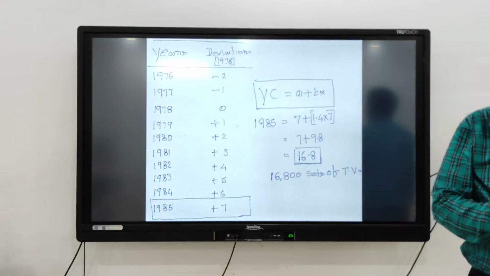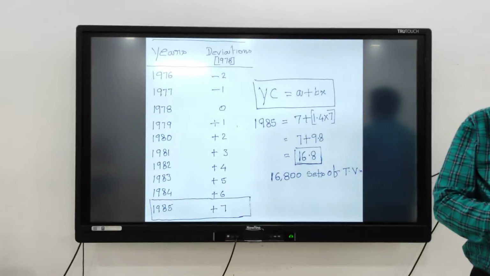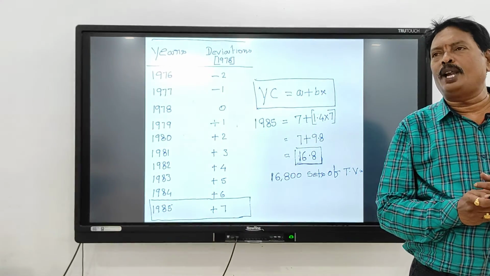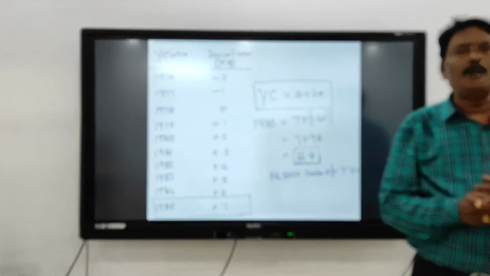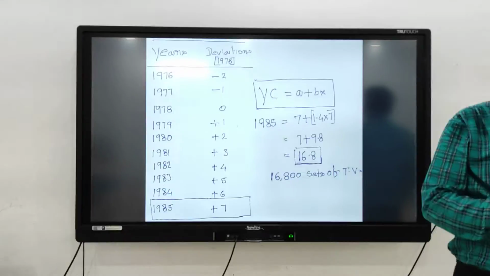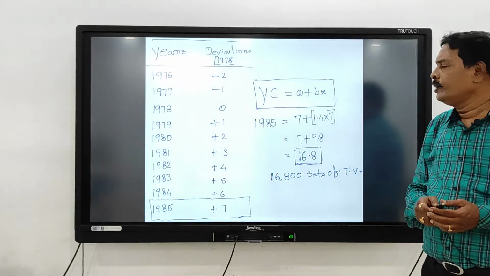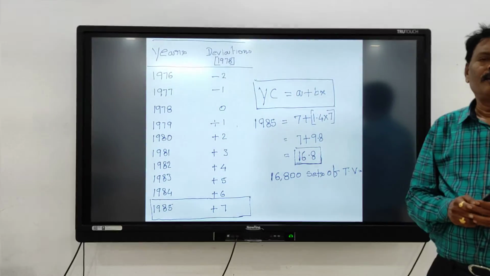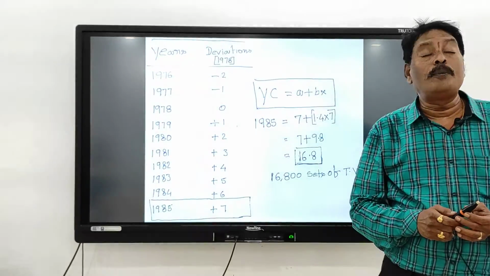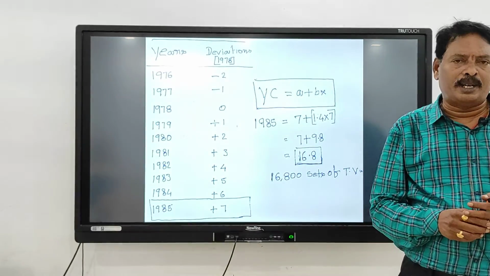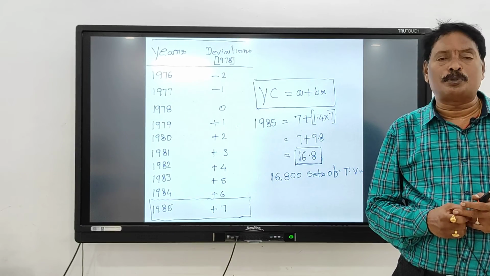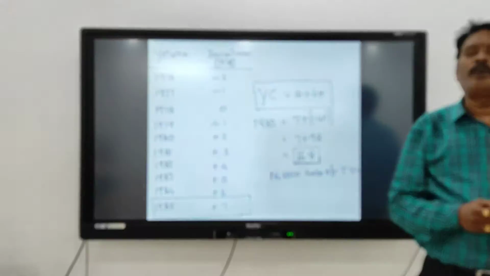I request all the students to please study the question paper carefully. With the help of the given information in the question paper, you simply see each stage: first stage, second stage, third stage, fourth stage, fifth stage. When you have observed all these stages in the statement, then you can easily solve this problem in your examinations.